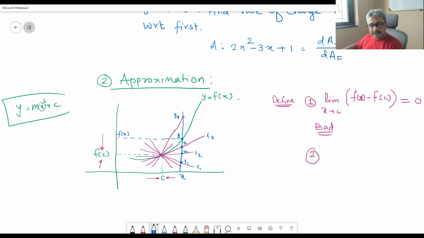Suppose okay, so the second definition that you can have as far as best approximation is concerned, now, this difference would always tend to 0 as x tends to c, and that does not make any sense. Therefore, second attempt, maybe we can write limit as x tends near c, x tends to c. We do this. What do we do? f of x minus f of c.